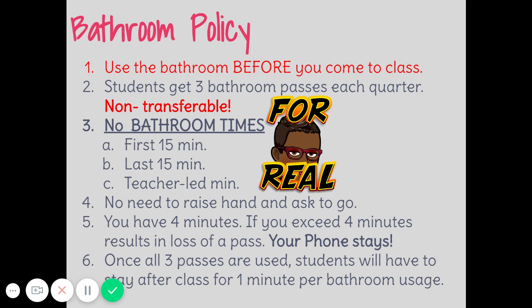Bathroom policy. Biggest thing is use it before you come to class. We have 80 minutes, like I've already stressed for the 4th time, and I won't say that again. So it's important that you use the bathroom on your way. You got about 7 minutes to get to class. So there should be no reason why you can't use some of those 7 minutes